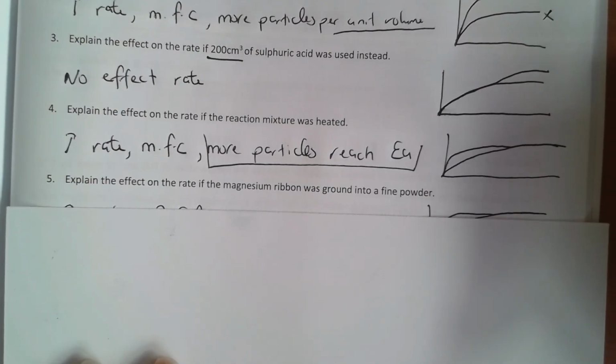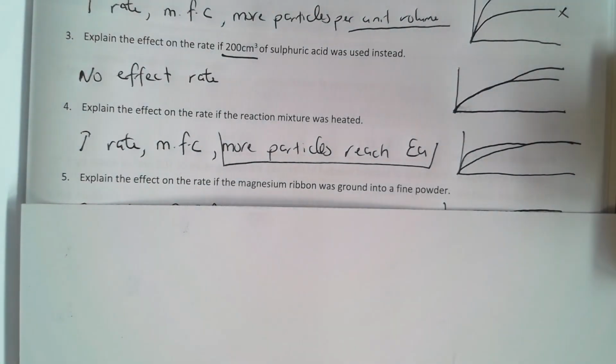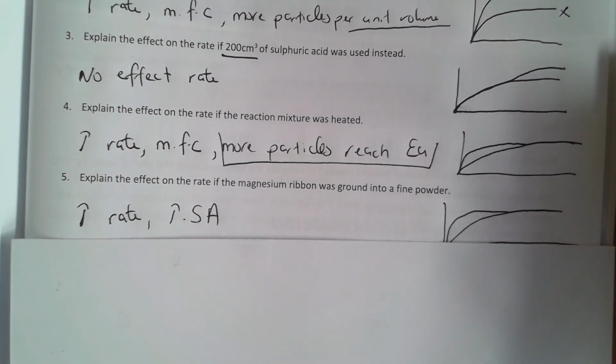What if you grind the magnesium into a fine powder? So magnesium is a solid. A piece of ribbon would be like a long thin strip of magnesium. If you grind that into a powder, maybe using a pestle and mortar, you are going to increase the surface area, and all of the atoms that were inside are now exposed to the sulfuric acid. So you are going to increase the rate because you've increased the surface area and more of the particles are